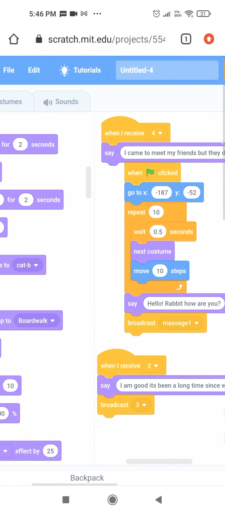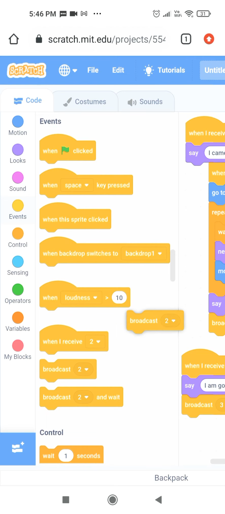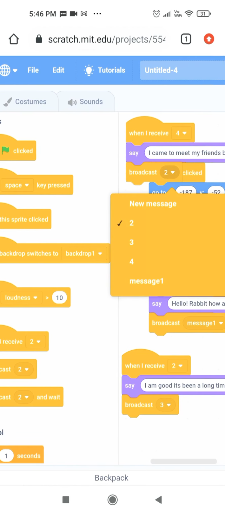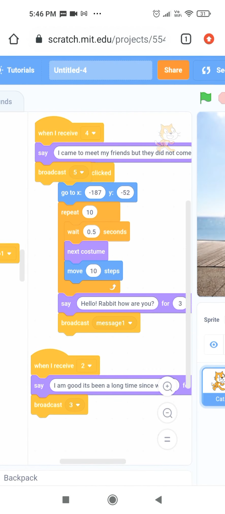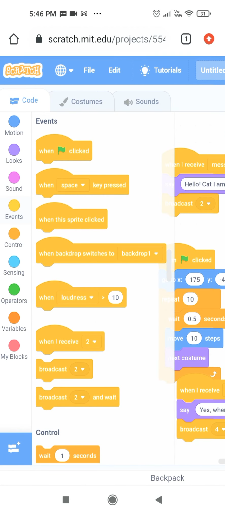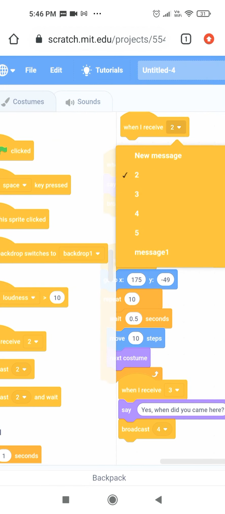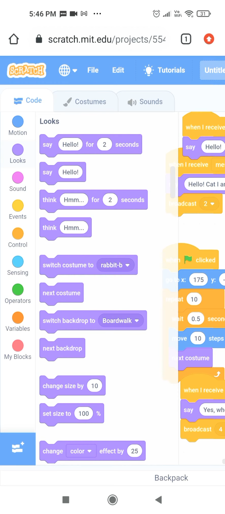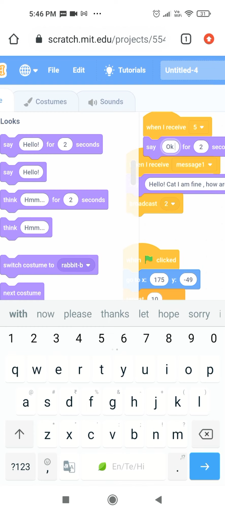So then we have to create a new broadcast message, message number 5. Click on OK. Go to rabbit. When I receive message number 5, say, Okay, bye.